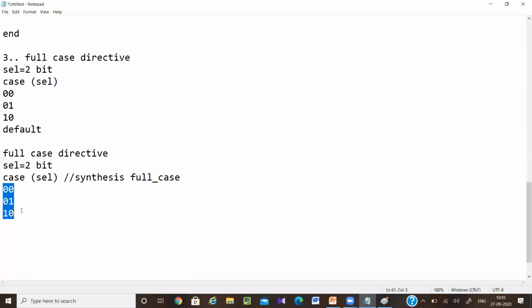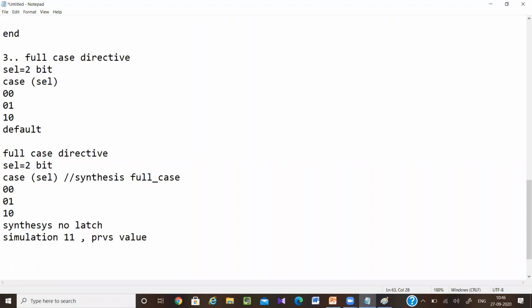But this is the information for the synthesis tool. What about the simulation tool? In simulation, whenever by mistake you give a 1-1 input, as you have not written any condition for 1-1, it will definitely give the previous value. So in synthesis there will be no latch, but when you are doing simulation, if there is a 1-1 value, it will give you the previous value.